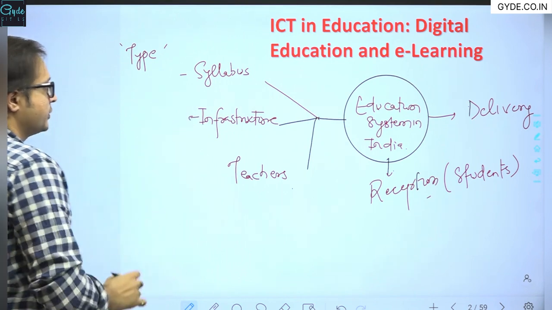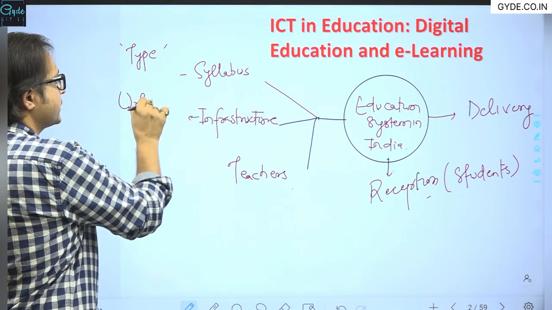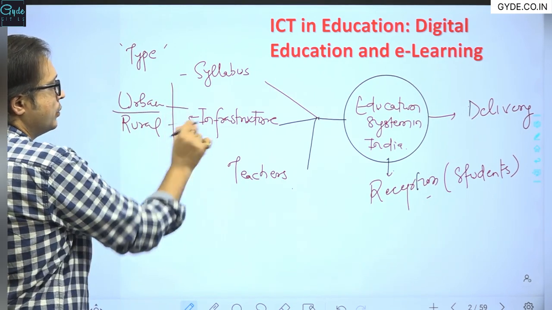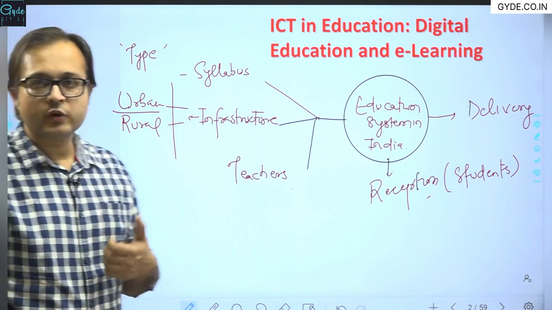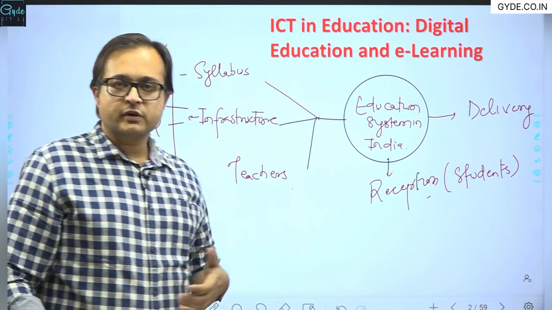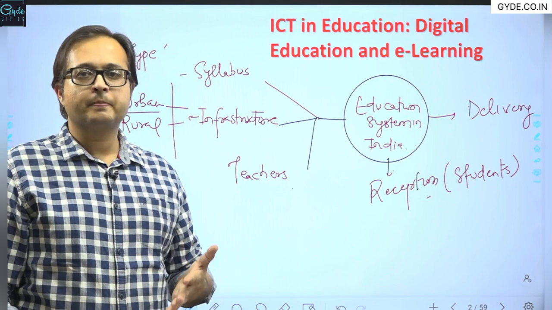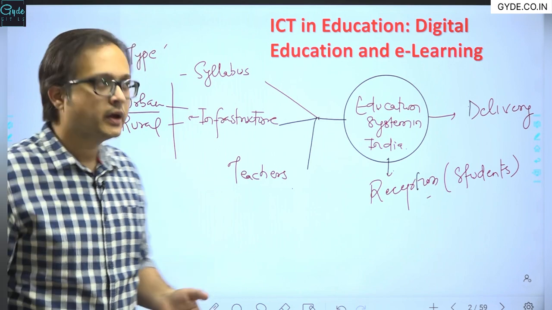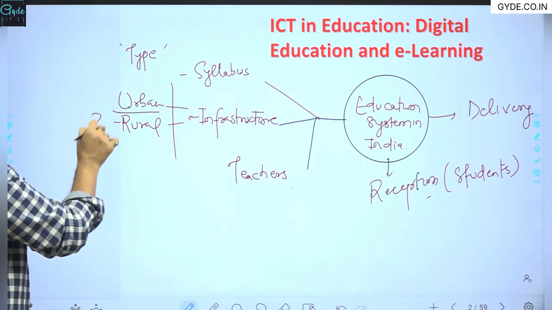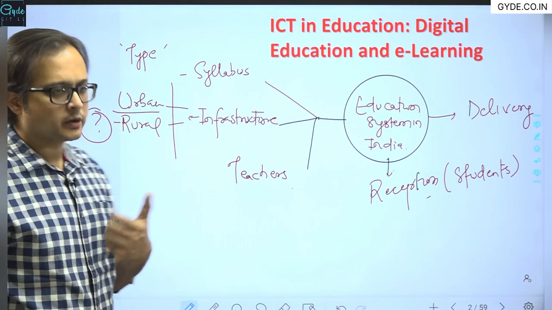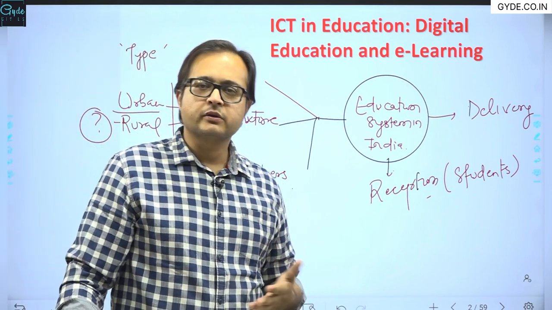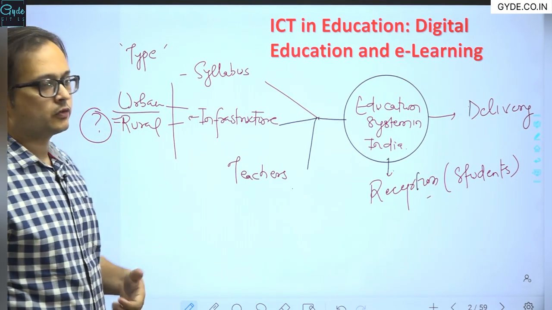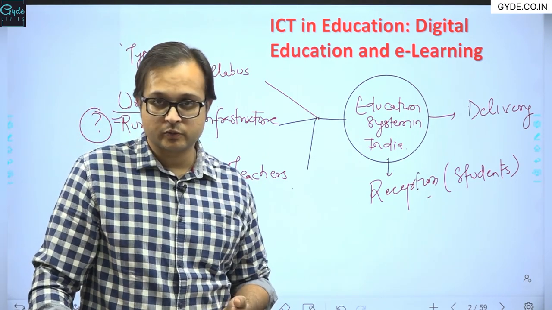Then the infrastructure. Obviously, the urban and rural infrastructure is one major problem that we have to understand, right? The urban infrastructure though can be far better, but the rural infrastructure of the primary education and even the higher education is somewhere where there is always a question mark being raised, right? The infrastructure is not at par, right? In certain areas, and when we speak about the rural areas itself, not all the rural areas will have the infrastructure for primary as well as the higher education system also, right?